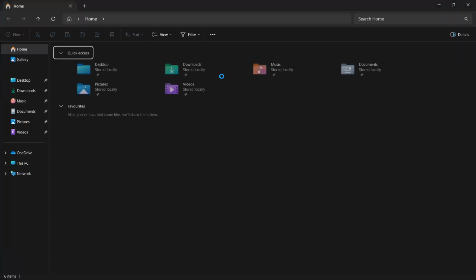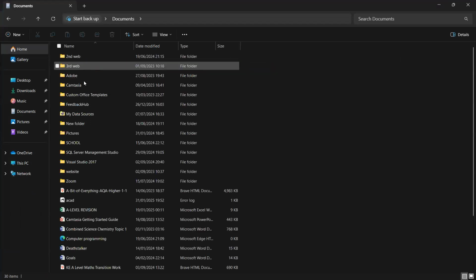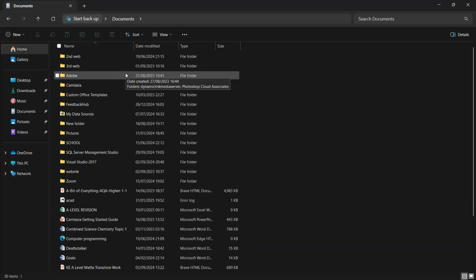Okay, it's loading. Open Documents. Click on Documents on the left. Okay, it's coming up. So from what I'm seeing here, there's no backup. There's no plan for a backup here.